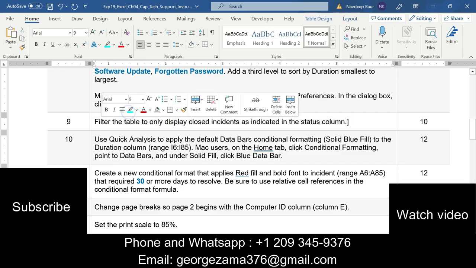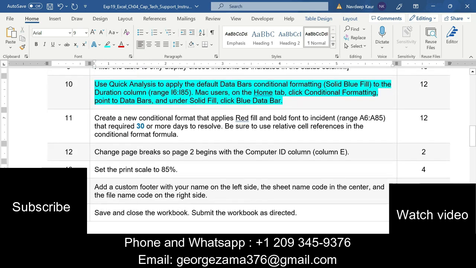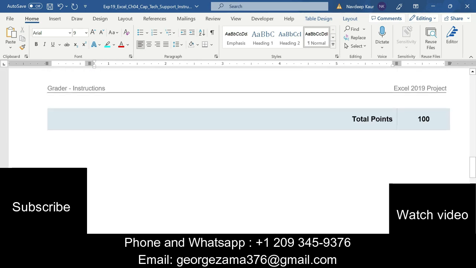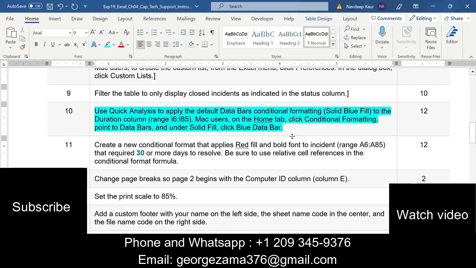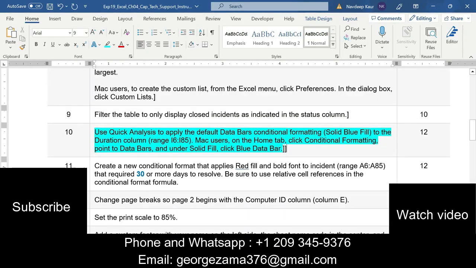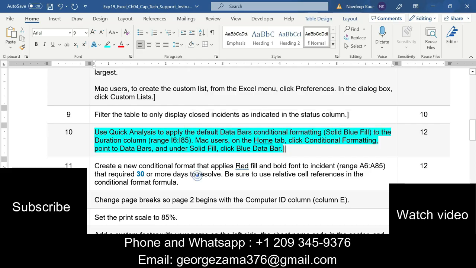Let me do the next step. That is step number 10 now. So use quick analysis to apply the default data bars conditional formatting to the duration column I6 up to I85. So we are supposed to apply the default conditional formatting.